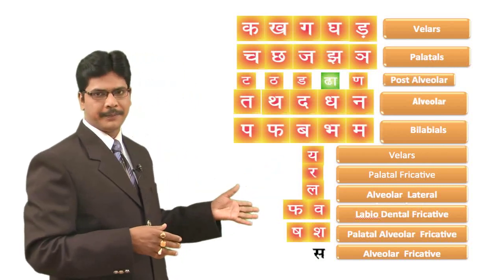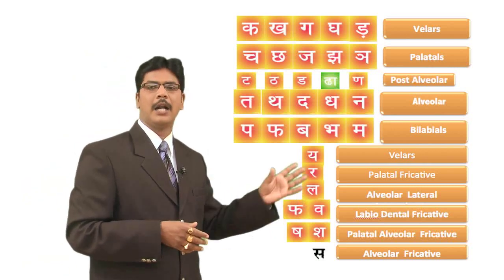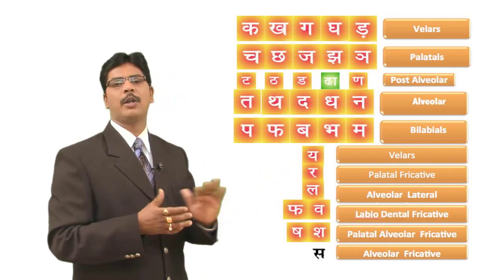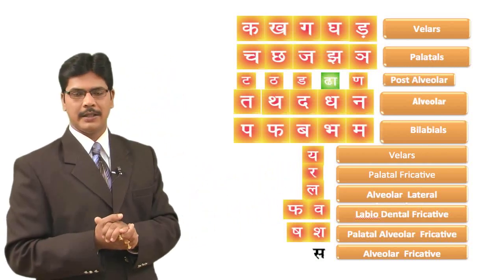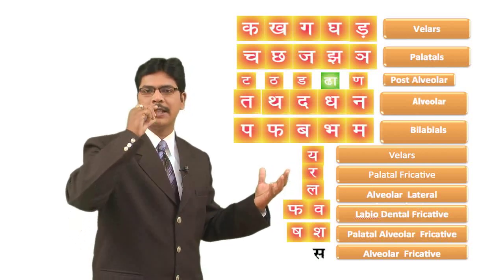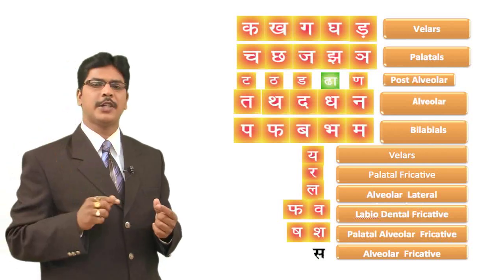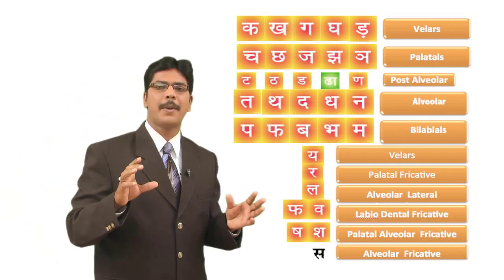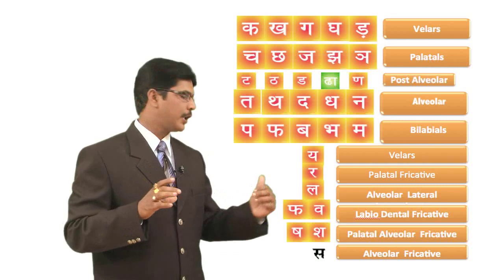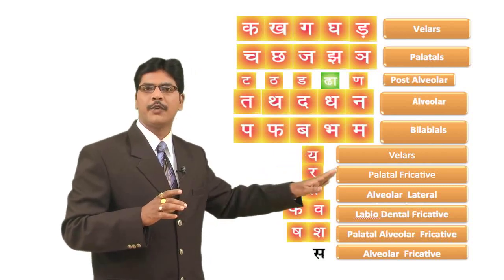Next, number 9, they took B and P, ba and pa. Both these sounds are called the bilabials, the sounds which are produced with the lips. The two lips must touch each other to produce sounds like pa and ba. And check it out, in the Indian literature, pa and ba come from the same line.